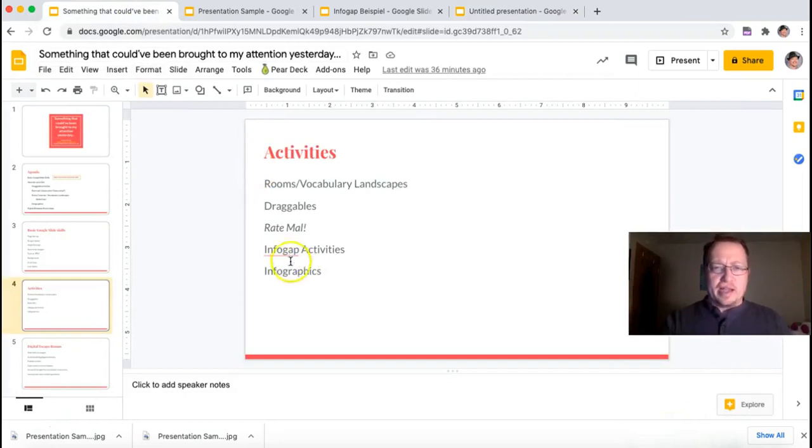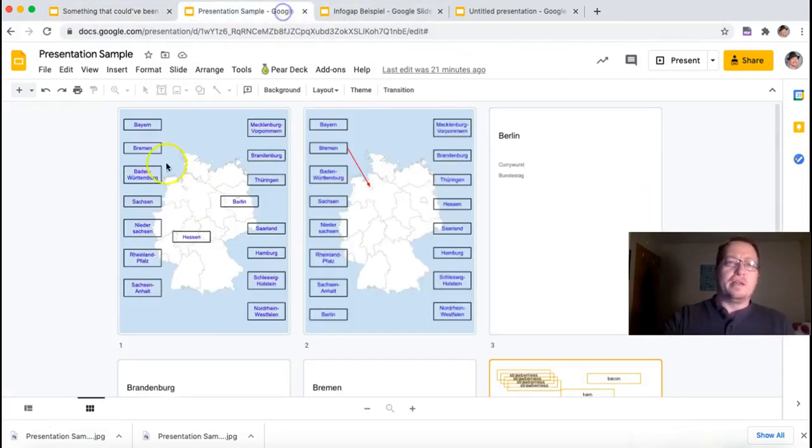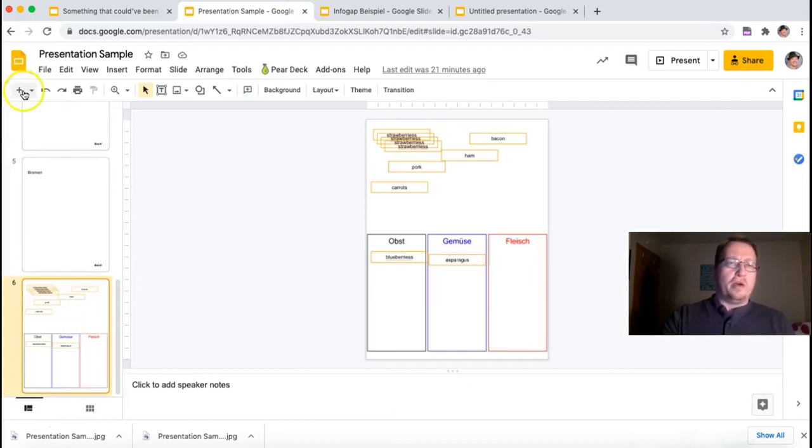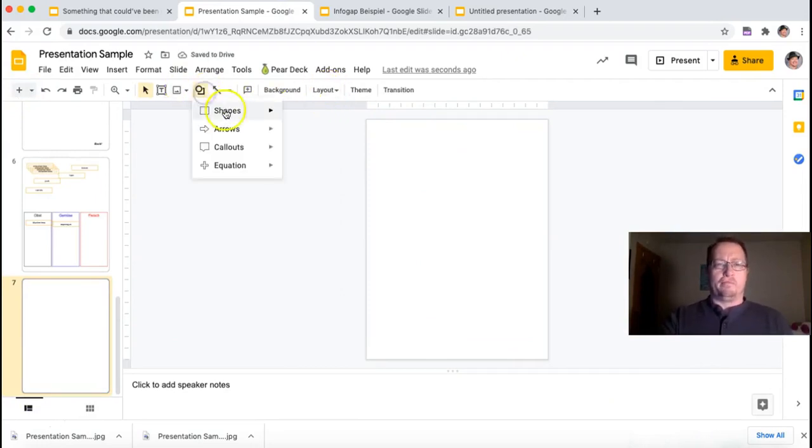The very last things I have to admit, I'm not even sure if this is how it's spelled in English, is infographics. You can use Google Slides for the students to help them build infographics to make visual representation of information from reading, or you can use it for SEL activities. So for example, one of the items I've done with both German and geometry classes before is a bit of